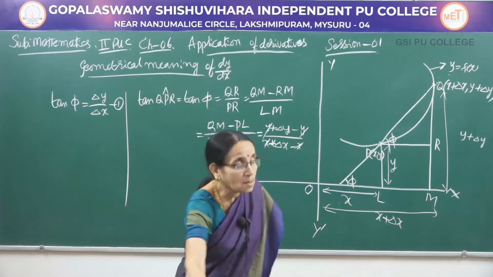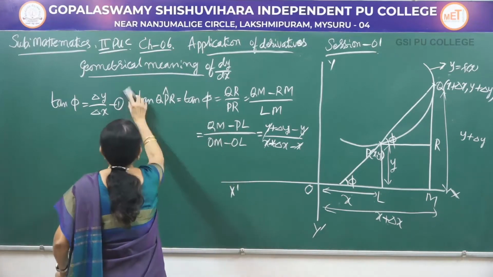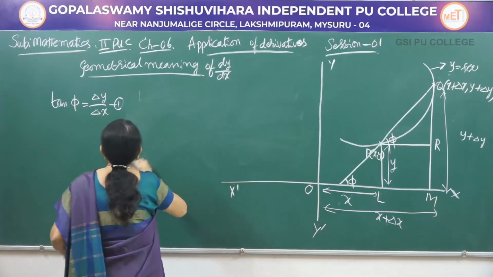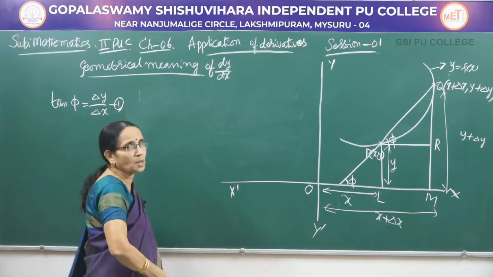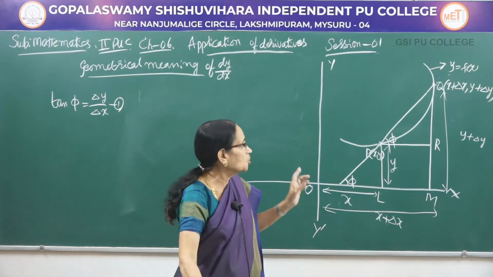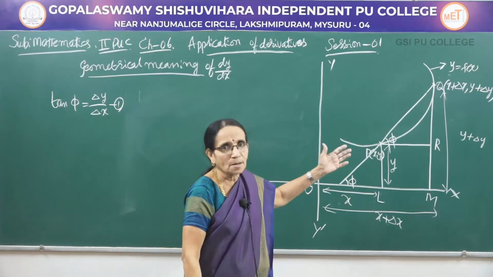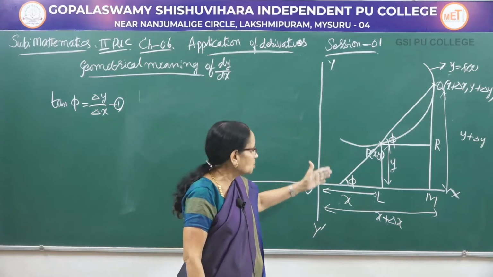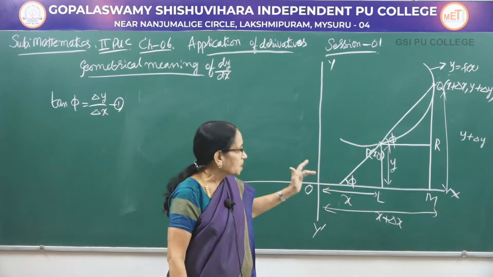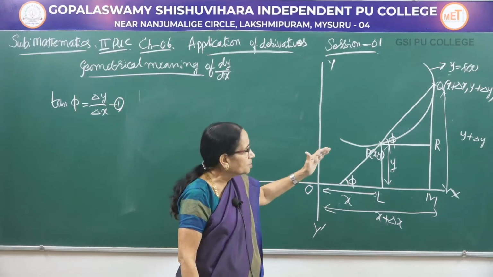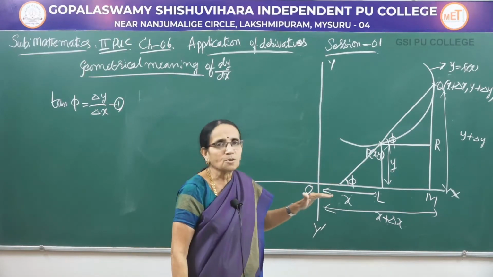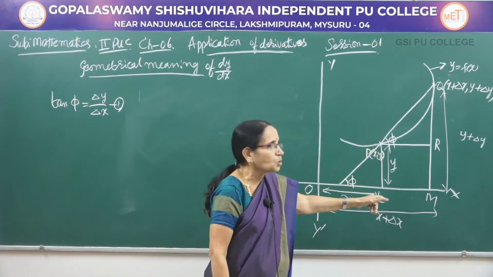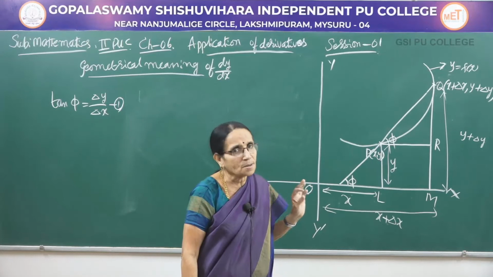Now, I wanted this result, that is tan phi equal to delta y by delta x. For that I did all this calculation, that is, considering two adjacent points, though I have written them a little away from each other. Joining them, I get a chord that has been produced to make an angle phi with the x-axis, and then from the points P and Q I have drawn the perpendiculars to the x-axis, and from the point P another perpendicular to QM, so that I get a right angle triangle.